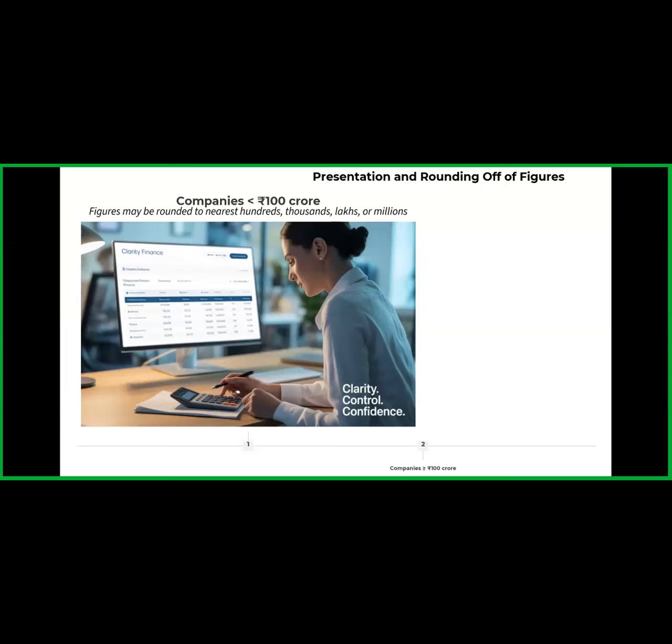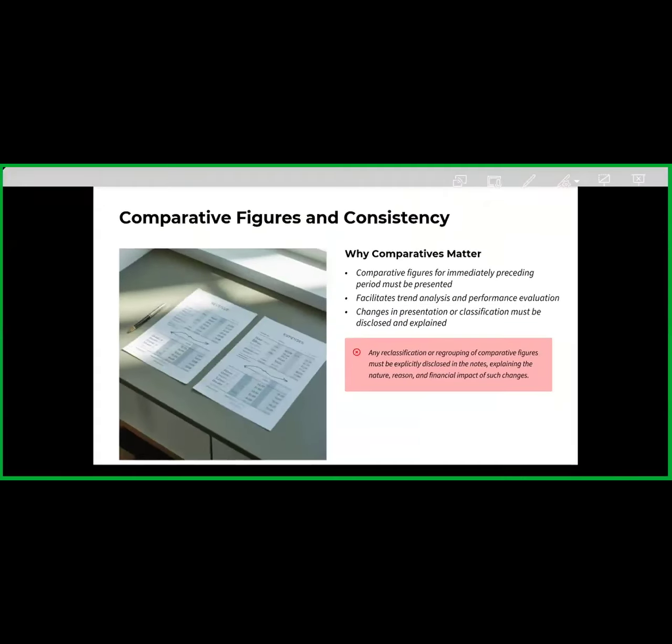What the Companies Amendment Act or Division 2 wants is rounding of the figures. The figure may be rounded off to the nearest hundred, thousands, lakhs, and millions. So it is allowed by Division 2 of the Companies Amendment Act. Okay, so the next one is